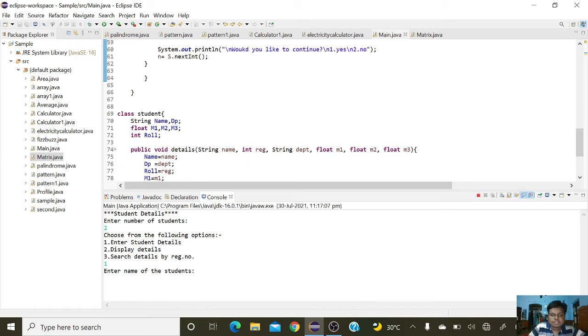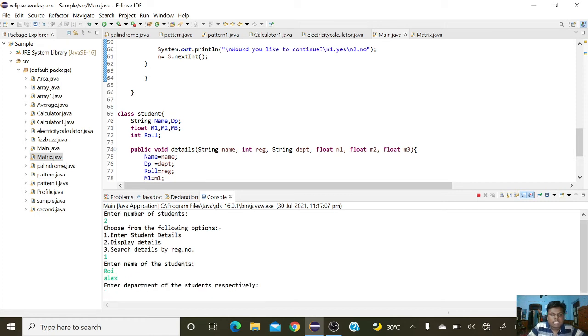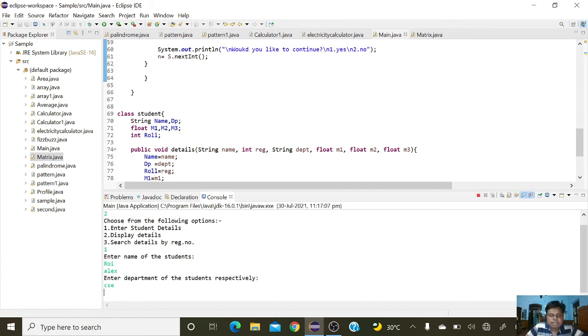The first student name is Roy, and the second name is Alex. And it's asking to enter the department of the student respectively. The first student department is CSE, and the second department is biotech.